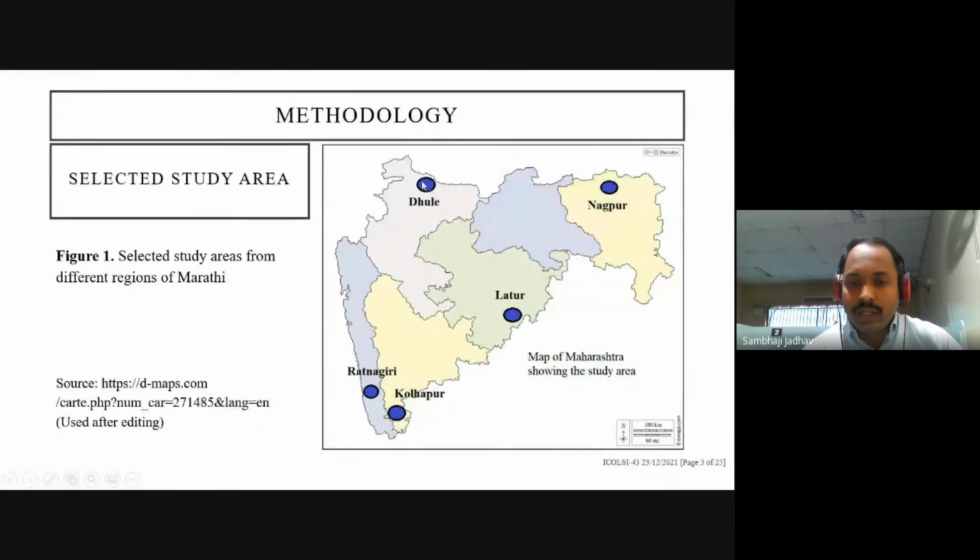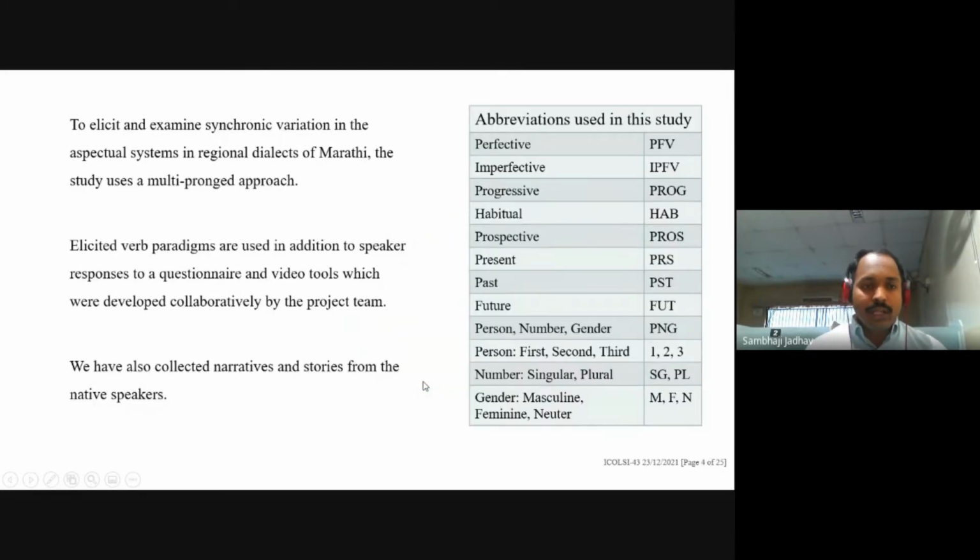It is closer to the Hindi belt, the Gujarati language, as well as local Bhili languages. So these also give some different variations within the dialectal system. Even though my PhD topic covers all these parts, I have taken selected areas for this particular presentation. To elicit and examine synchronic variation in the aspectual system in regional dialects of Marathi,